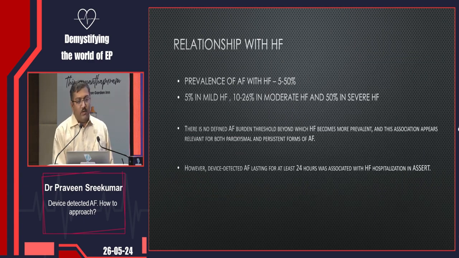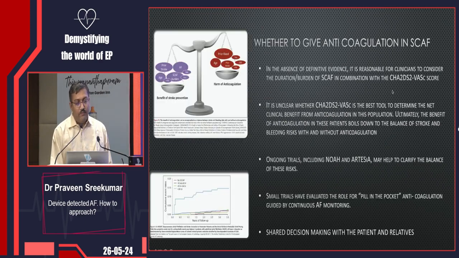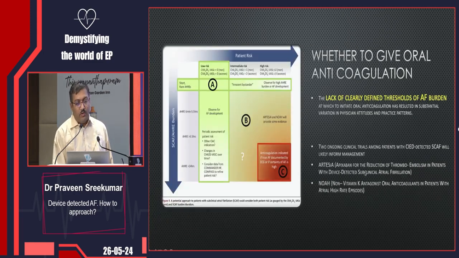I'll finish fast. There is definitely heart failure associated with AF, 50% in severe heart failure. And whether to give anticoagulation for SCAF? In the absence of definitive clinical evidence, it is reasonable for the clinician to consider two things. One, if the SCAF duration is more than 24 hours, combined with the presently available CHADS score. There are some problems with this. Of course, two randomized trials are addressing this, the NOAH trial and the ARTESiA trial. Results are not yet out. So probably as of now, what we can take is that